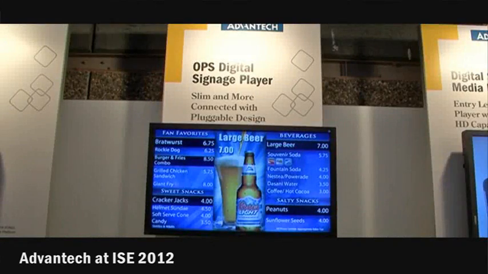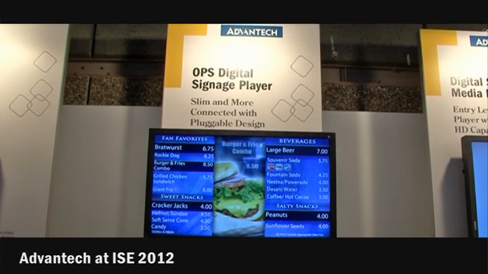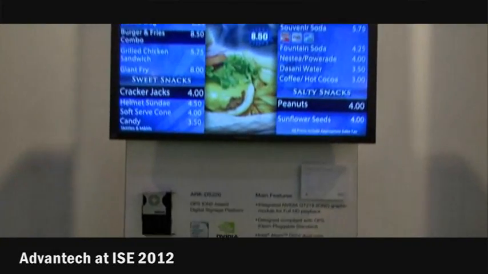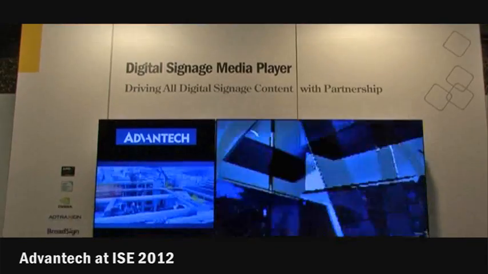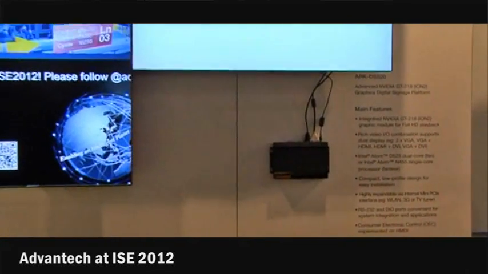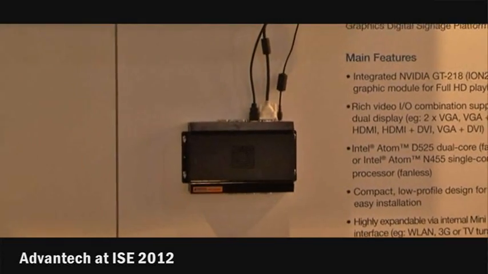Absolutely. We know that total cost of ownership is a big important issue in the digital signage market, especially for the end customers. If you have a big signage network with hundreds or thousands of screens, the power consumption is a big thing because there's a big possibility to save lots of cost if we reduce the total power consumption from the screen to the player to all the accessories included in the installation. So what we try to do at Advantech is make our media players as power efficient as possible.